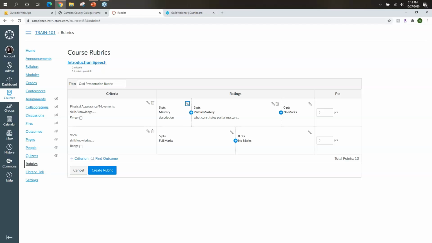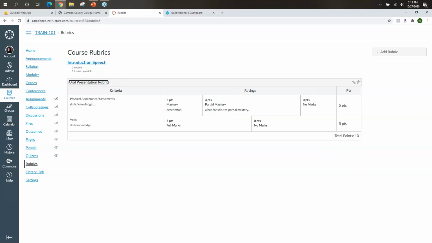And update the rating, and so on. Now, again, remember, start with 3, but go up to 5 if you feel the need to. I could change the point value of anything I want, and it totals how many points. When I'm done, I click the Create Rubric button,